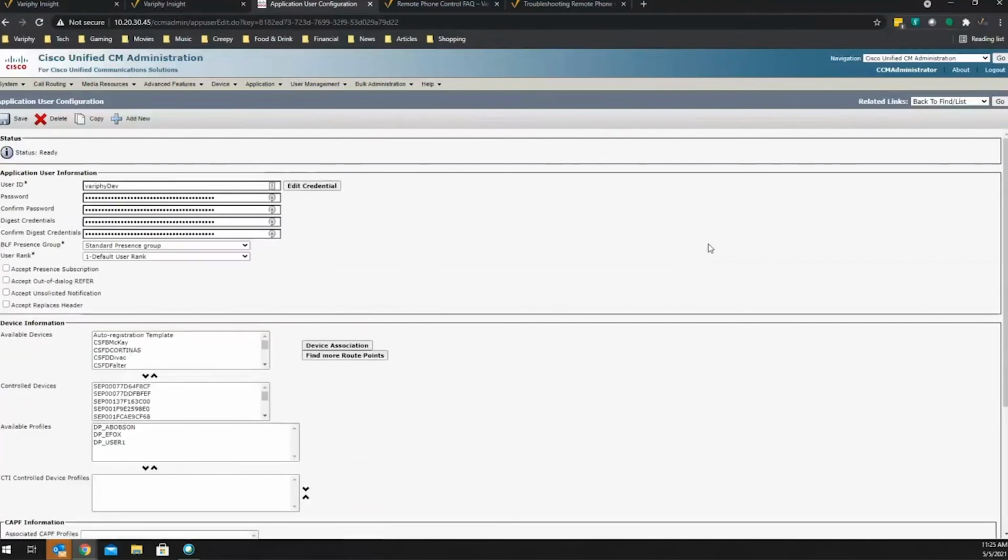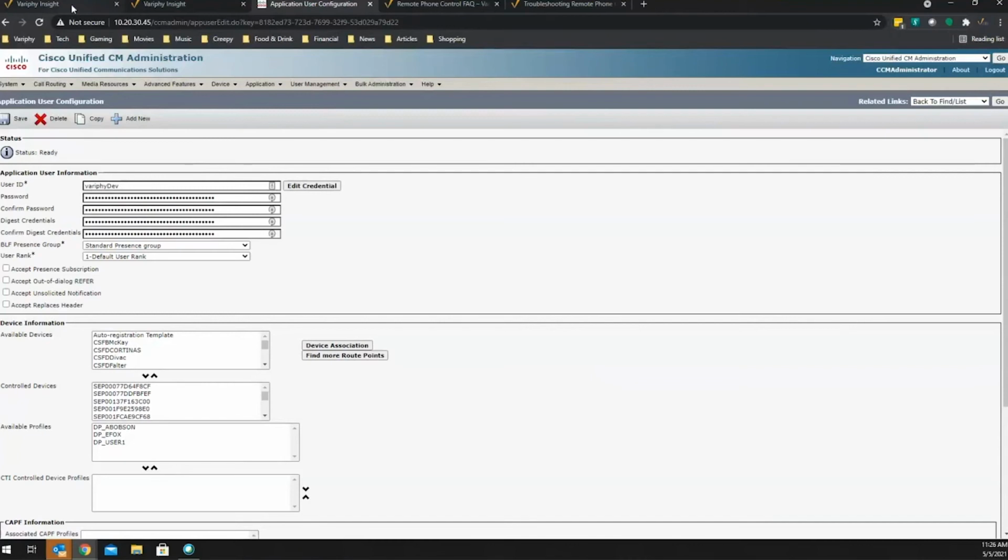So if some phones are working and others aren't, it's usually one of two things. Usually the ones that aren't working haven't been added to this control device list, and they need to be added in. Or it's possibly that they're on a remote site or VLAN that has different firewall settings, and it's not allowing Verified to get to the phones for some reason. That's something easy to check. If the phones that are affected are all in the same IP range or VLAN, then something is probably blocking them at the firewall port level,